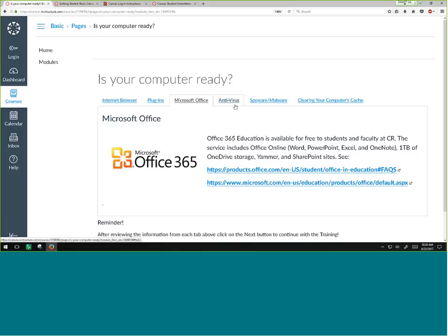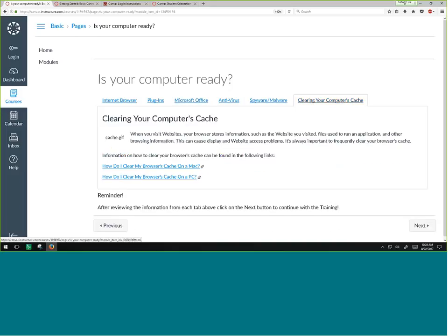The other thing, there's spyware and antivirus. I'll let you click through these on your own. I'm going to emphasize clearing your computer cache. I get this call a lot. A student will call up and say, I've got the assignment open, I'm looking at it, and there's no submit button. If you run across a situation where a button has disappeared, or the information is disorganized, or doesn't look the same,